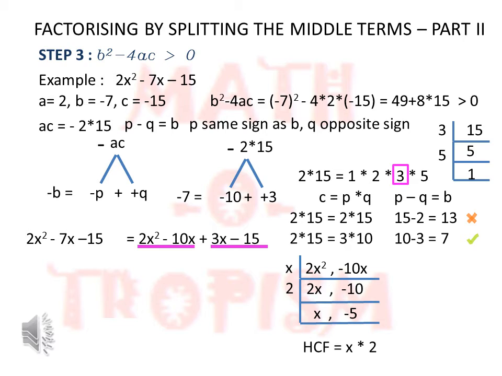So first, in the first step, I will always remove the x because there is one x in both the places. So if I write the x and remove it, it means 2x square is going to come as 2x, and minus 10x, 1x will go away, so it is just minus 10. Now in 2x and minus 10 I can see the number 2 is common, so I take the 2 outside and I get x and minus 5.